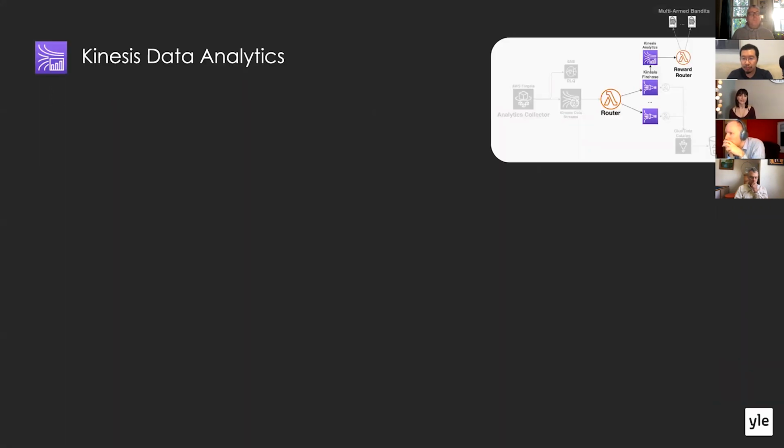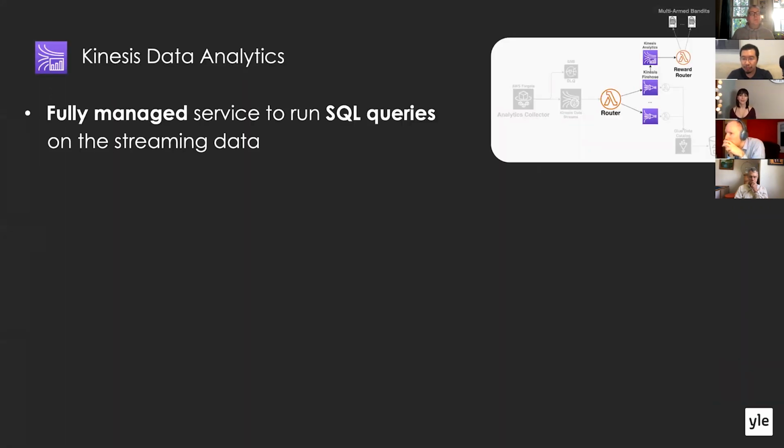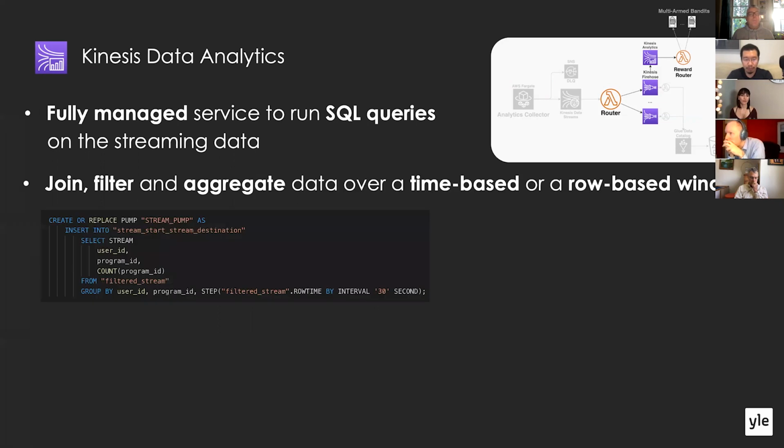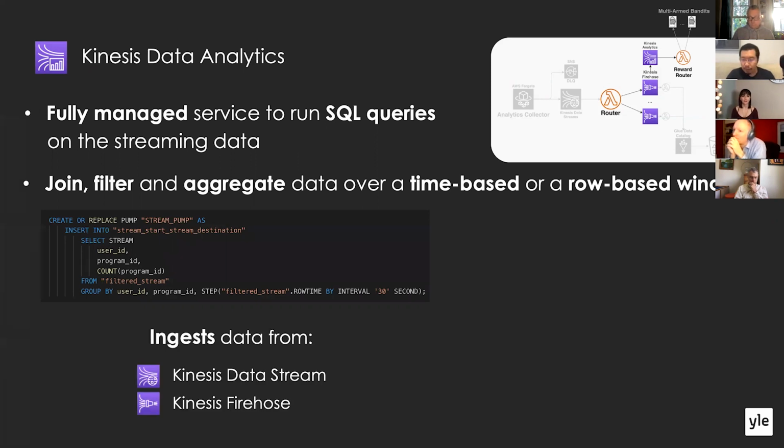And what Kinesis Data Analytics does is it's also a fully managed service, and it allows you to run queries on your streaming data. So you can run joins, filters, aggregates over time-based or row-based windows in your real-time streaming data. And it's a very useful service for things like real-time fraud and anomaly detection, some game scoreboards, and things like that. And the way it works is you can attach a data analytics application to either a Kinesis stream